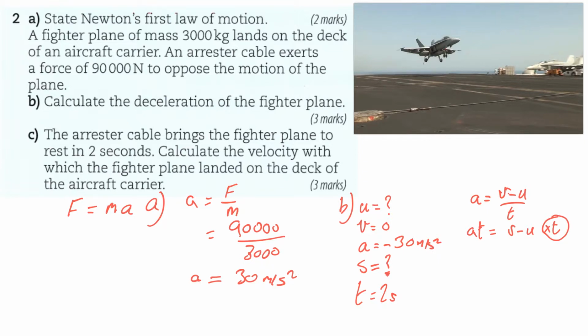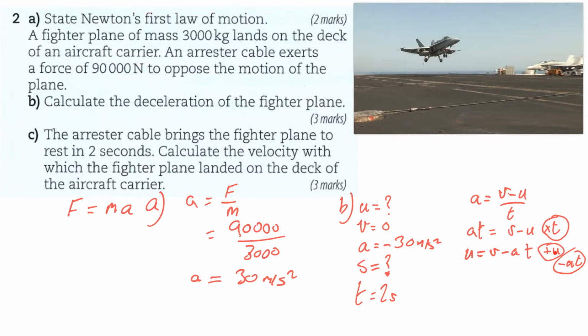Now, I don't want to leave minus U here because that will be extra confusing. So if we add U to both sides and subtract AT from both sides, we should get it the way around that we want it. Yep, so I have